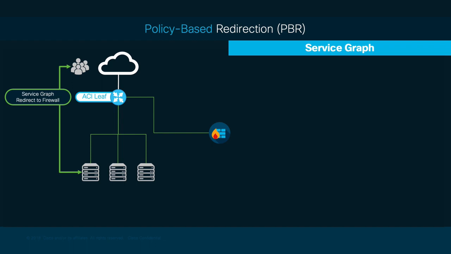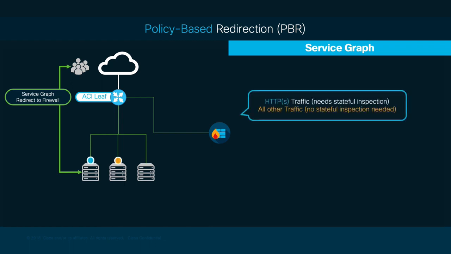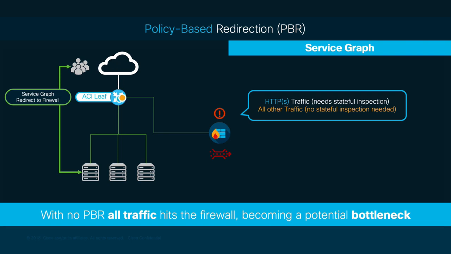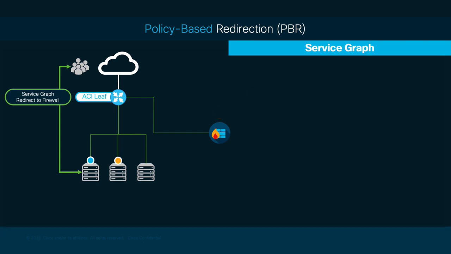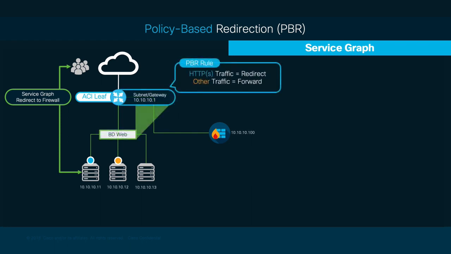As shown in this diagram, without PBR, ACI will redirect all traffic between EPGs to your next generation firewall, which would potentially create a bottleneck. In our case, not all traffic needs a stateful inspection. Therefore, if we take a look at the example shown, having HTTP and ICMP sent to such firewall may be a waste of resources which is unnecessary. If we use PBR instead, we may tell ACI to only redirect HTTP traffic to the firewall, but not ICMP